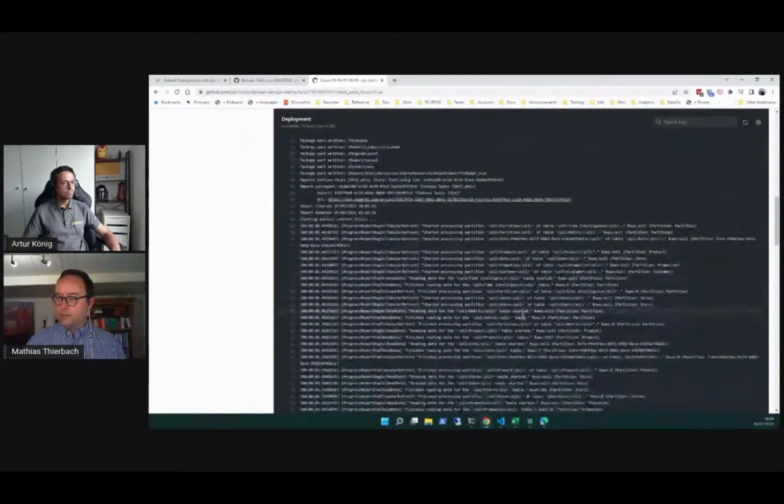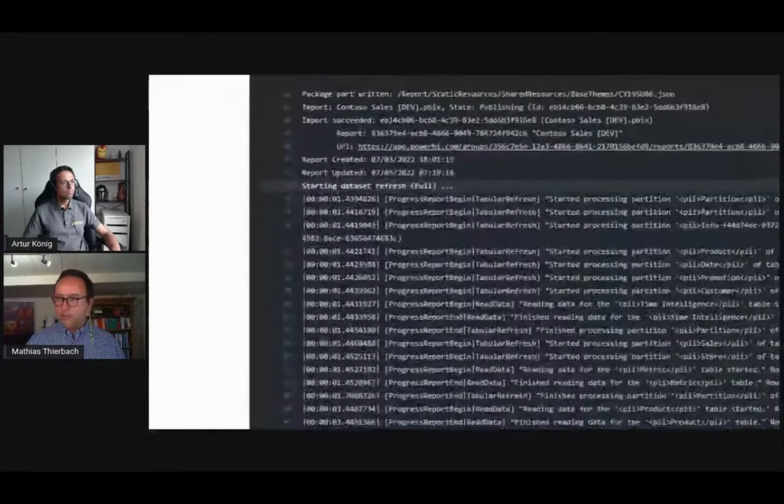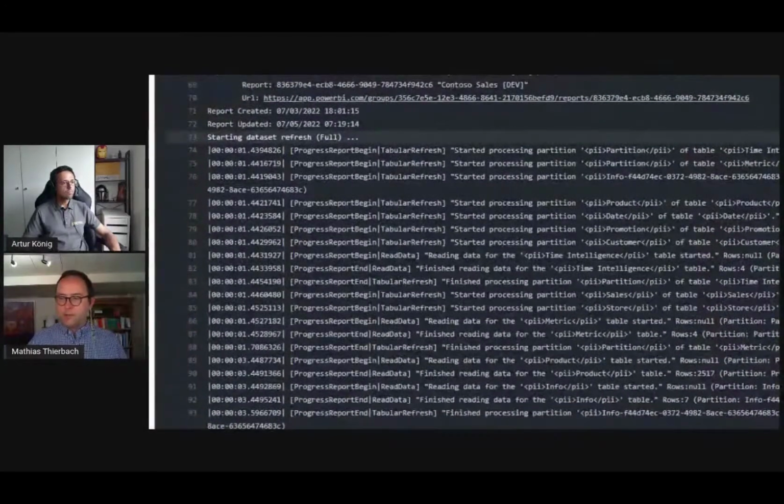I'm just going to scroll down. We can see this bit here from line 73. That's where the refresh portion of the deployment starts, and all of that output below is new. So what's new is what I call refresh tracing,